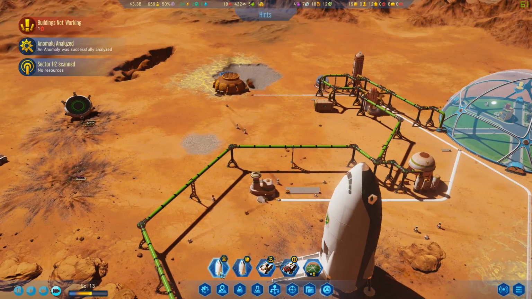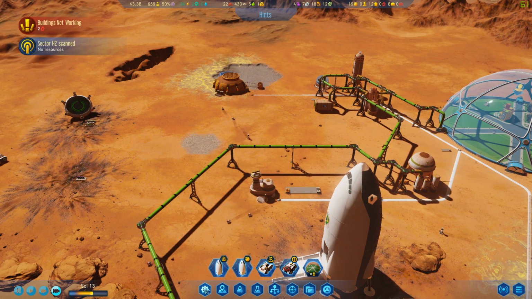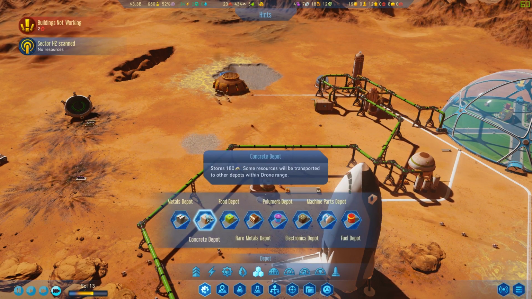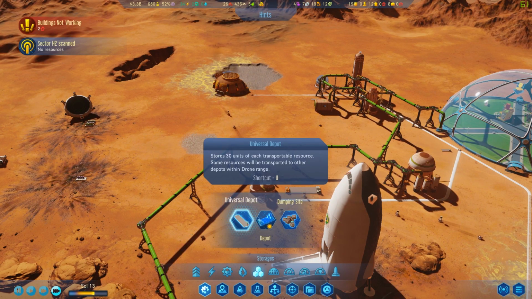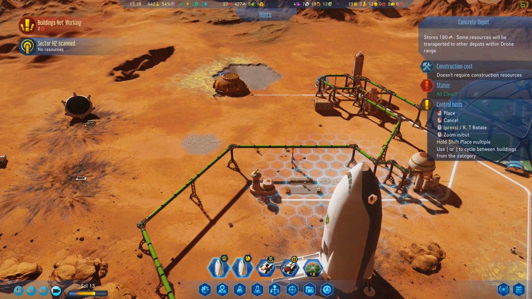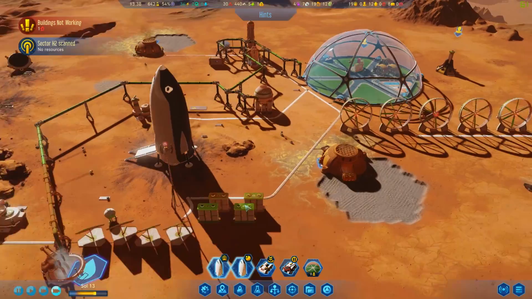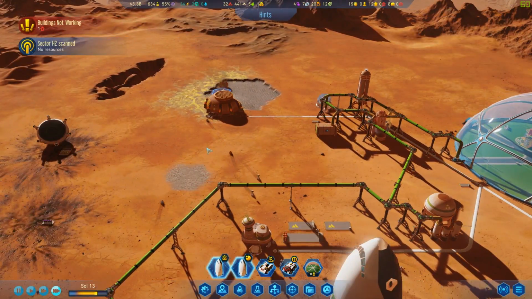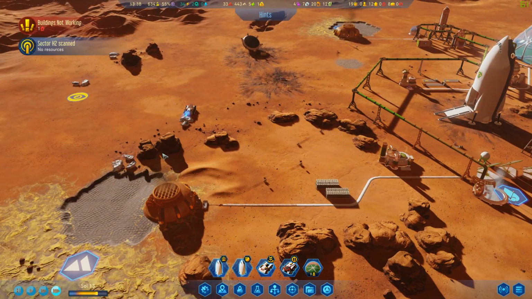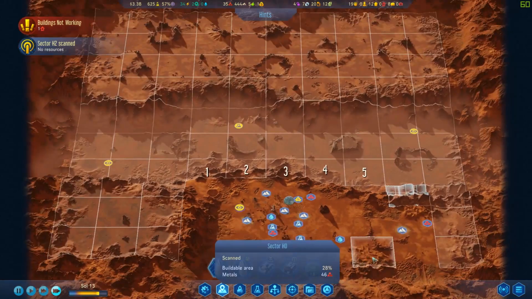We've got way too much concrete, so what I also need to build is a, no, not a universal depot, but a depot dedicated just to concrete. That'll help out greatly. Pretty sure I already did build that. Or is that just deja vu? Maybe so. Okay, so...